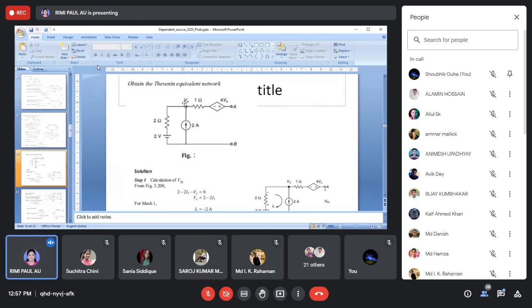Then to find out ZTH, what can I do? I can short circuit this path, so I can find out the short circuit current. Well, V by I is equal to R, so I can easily find out what would be the RTH. So this path first I'll open, and I'll find out the VOC, because in the case of Thevenin's theorem, the first step is to find out the VOC.